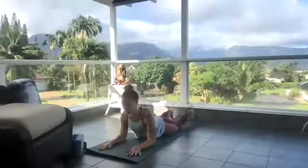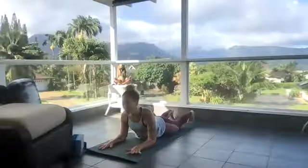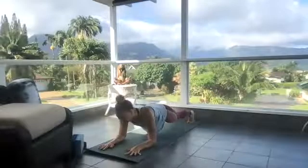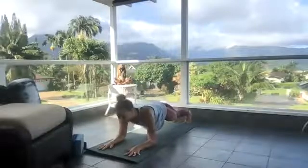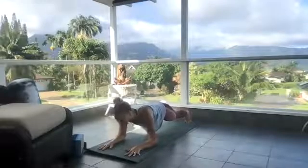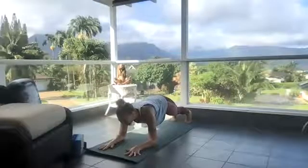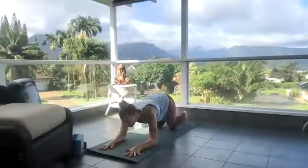Okay, now curl your toes under and bring your chest over the same area across your elbows. You're going to push your hips up and come into plank, but on your forearms, forearm plank. You're going to squeeze in towards your midline. You're going to go forward and back on your toes, heels and toes, so heels back, toes forward. Good. And then push the floor, get buoyant. This time the kite is coming out your low back. And then exhale, bring your knees down to the ground and walk your feet in